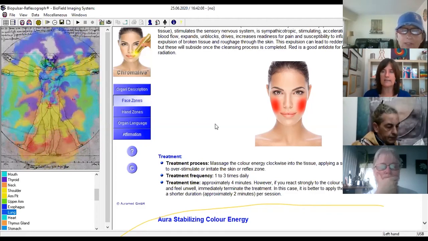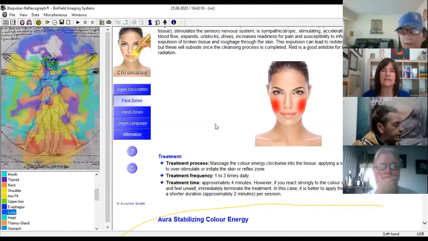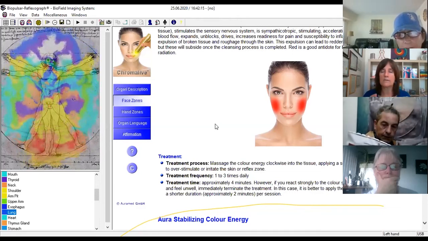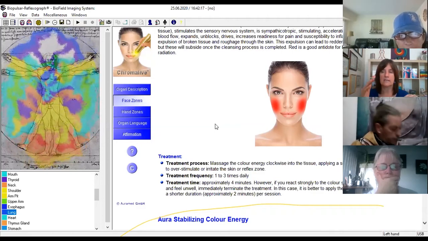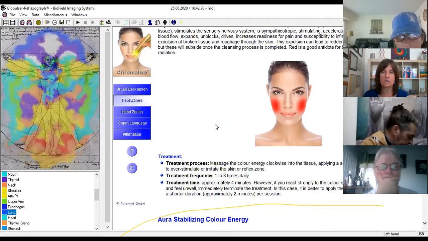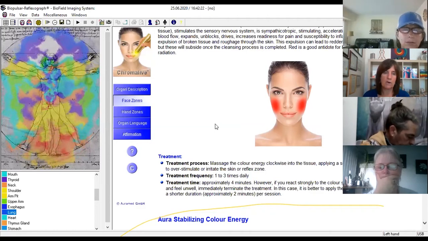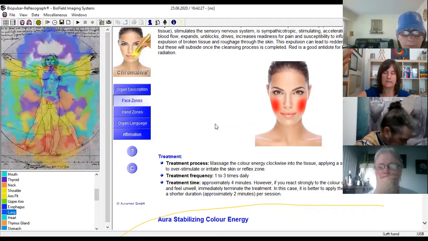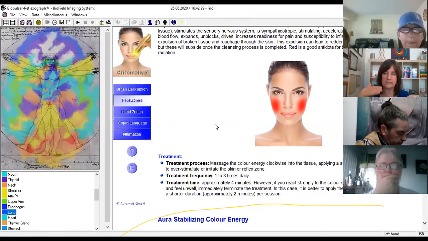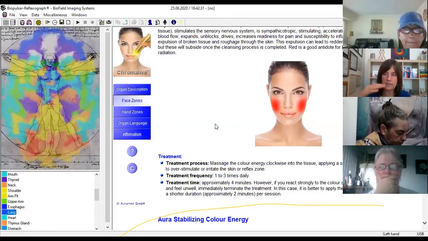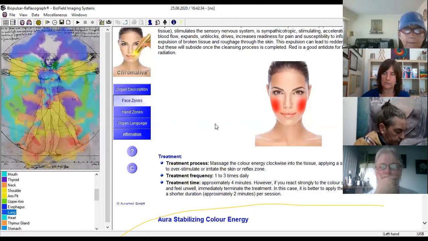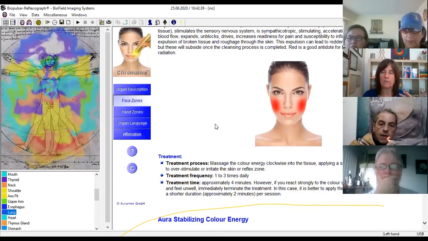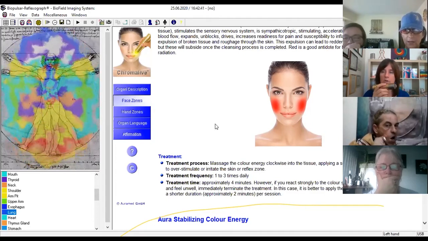And there's more to that, because we have to understand that sometimes you'll be treating for 3 to 5 minutes, but then you should always counterbalance with green or turquoise to stabilize the frequency. So if an organ is gray, you're trying to excite it, but you don't want to get it too excited. The same goes the opposite way: if you want to sedate an organ, you don't want to sedate it where it then plateaus at a lower level. So you want to stabilize it, following every treatment with green or turquoise,